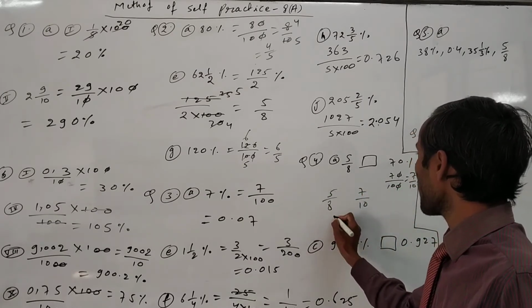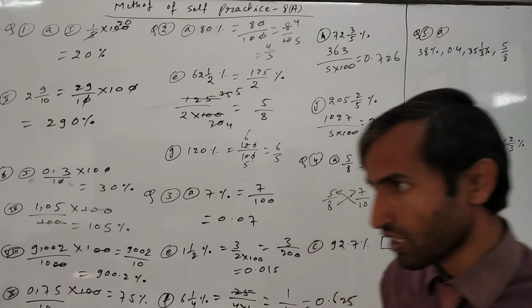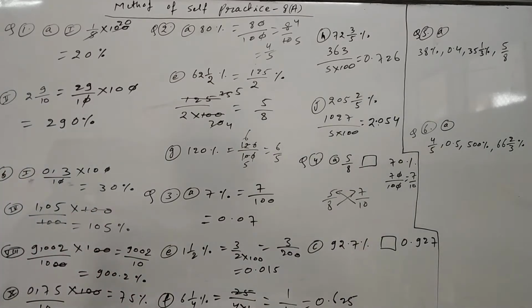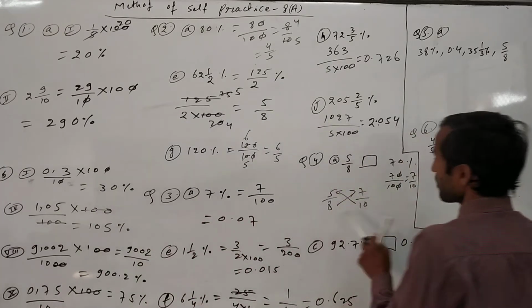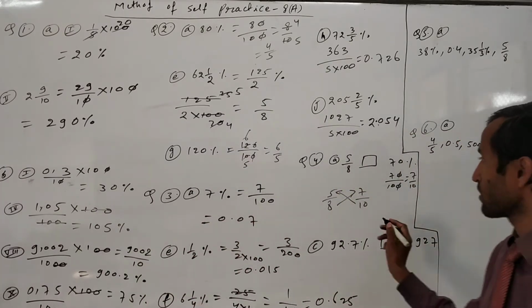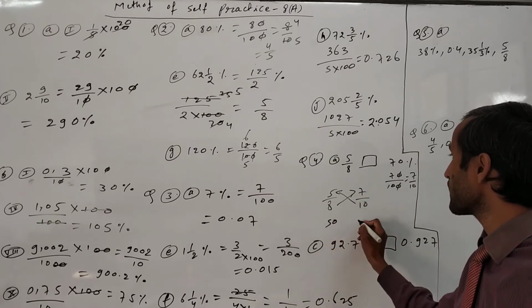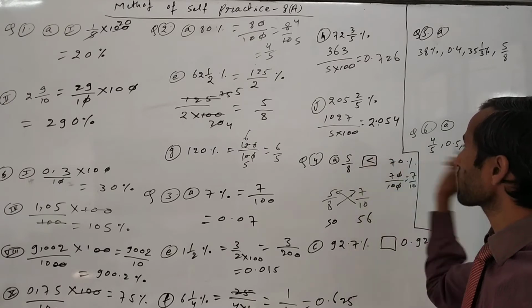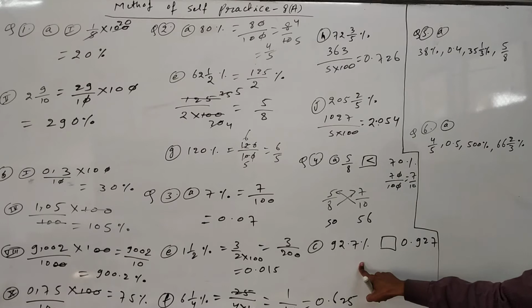Just cross multiply here, like this. For comparison also we are doing like this only in the fraction part. If two fractions are given, we have to check which one is greater. For that we have to do cross multiplication, or we can make the same denominator, either you use. So now I am doing cross multiplication. So here 50 it will come, 8 7s are 56. So this side is greater. So just you put the symbol here like this. Okay. Now here the C part also we have to do like this.